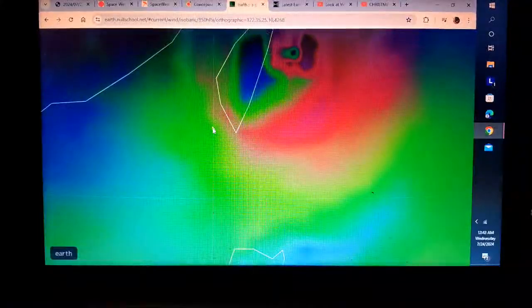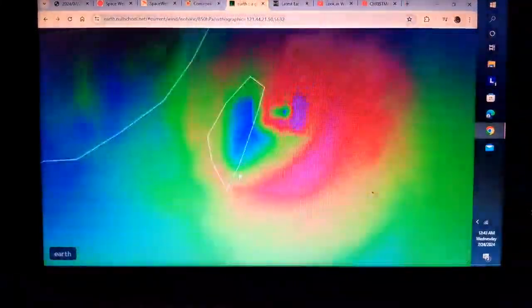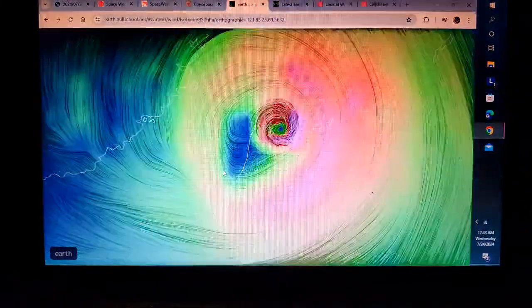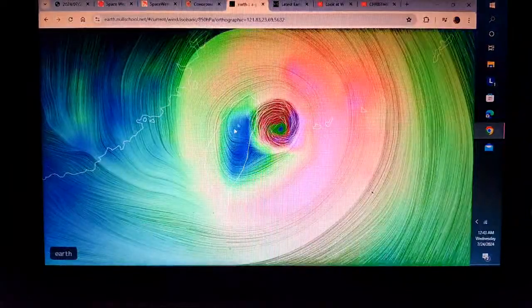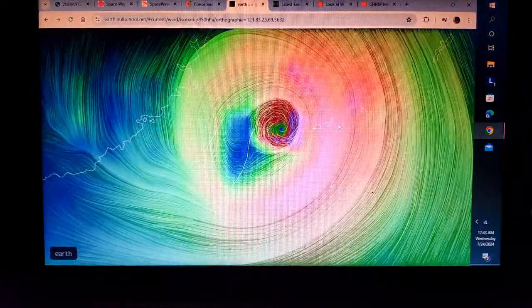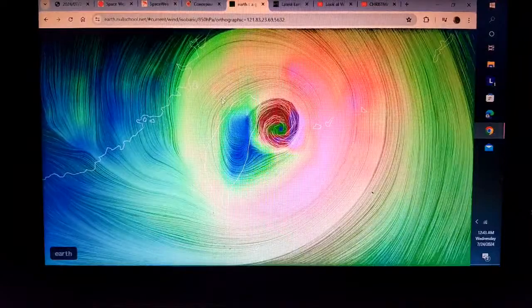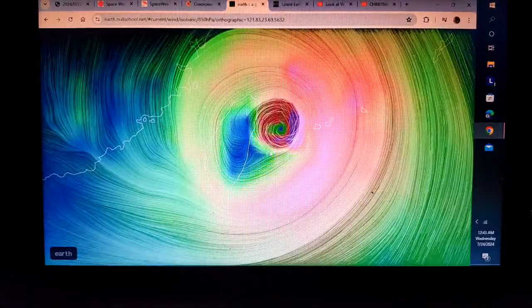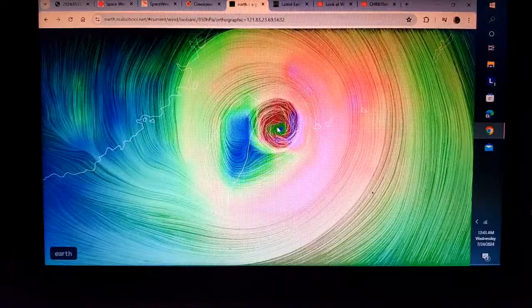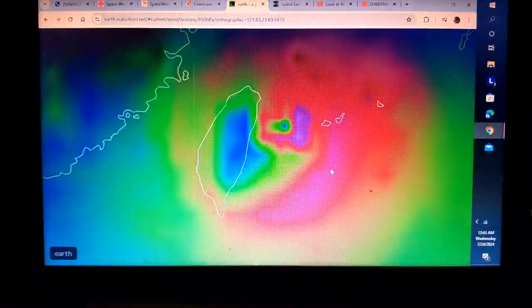This part is probably getting lashed really hard. This part, the whole island probably just... They're lucky they're kind of shaped the way they are because it's going around the island instead of just across it. Meanwhile, these islands on the backside are just getting hammered right there.